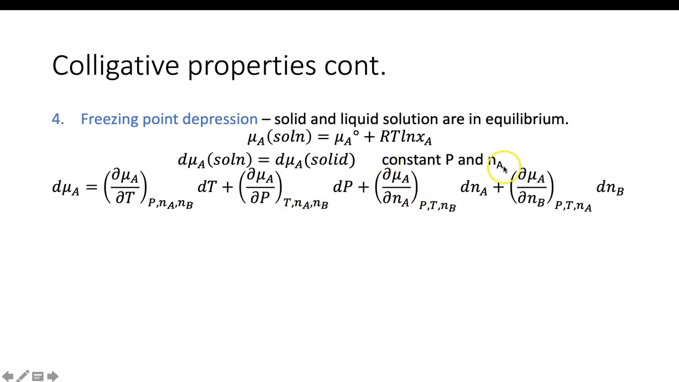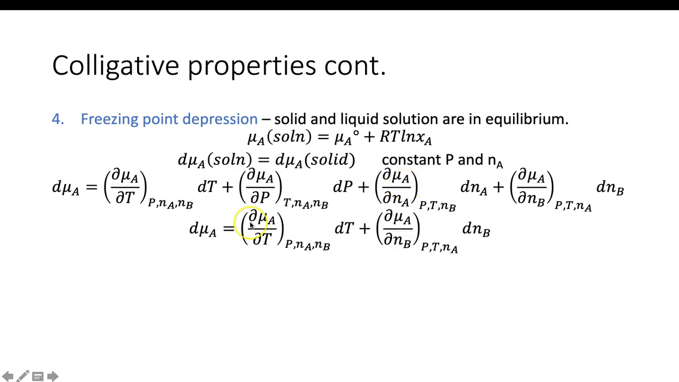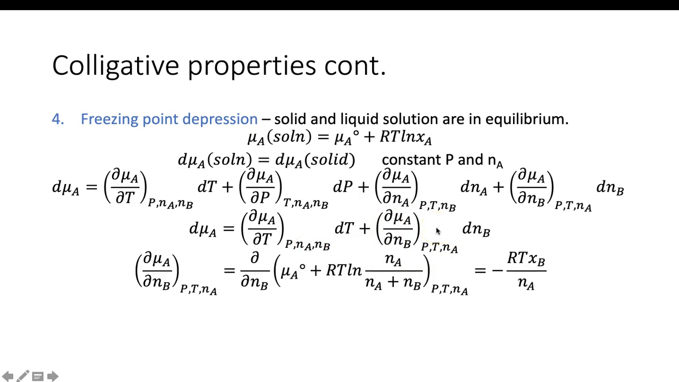Two of these are going to go away because we've just said dP is equal to 0 and dN_A is equal to 0. Okay, so we're left with just two terms. This partial derivative with respect to temperature is the molar entropy. This partial derivative we can derive using our original definition of our chemical potential. We take the partial derivative, and we're left with a mole fraction of our solute over the number of moles of solvent,